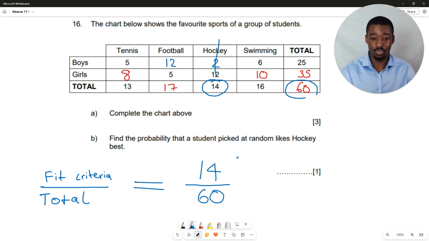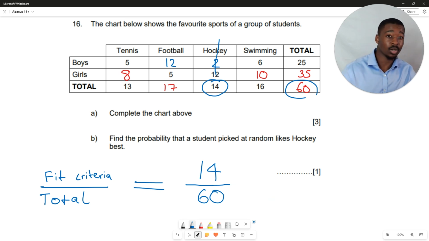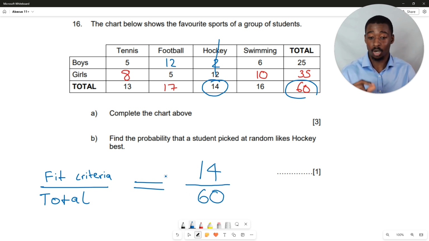Right? So we have 14 over 60. This would be completely different if they said, find the probability that a boy picked at random likes hockey best, right? Or it said maybe out of all the boys, someone likes football best, right? That would change our criteria and change our total. But here, our criteria is going to be 14 because we're talking about students in general, girls and boys. And our total number is going to be 60